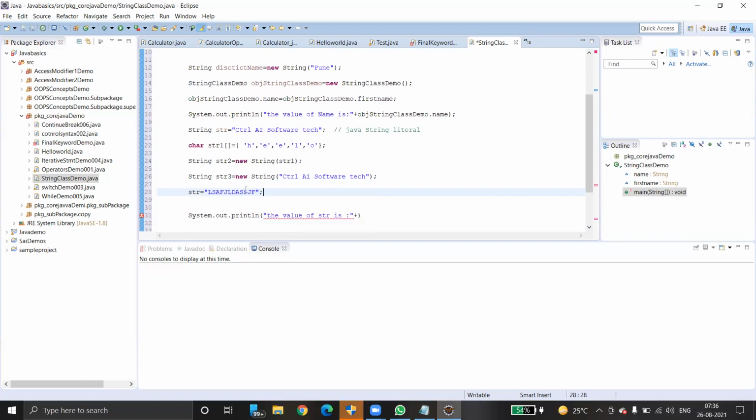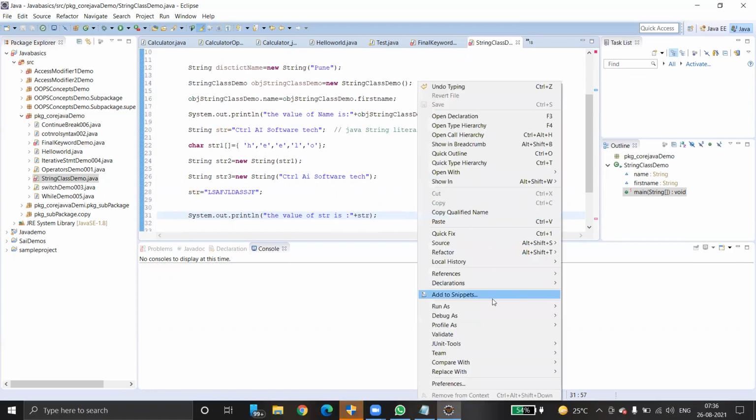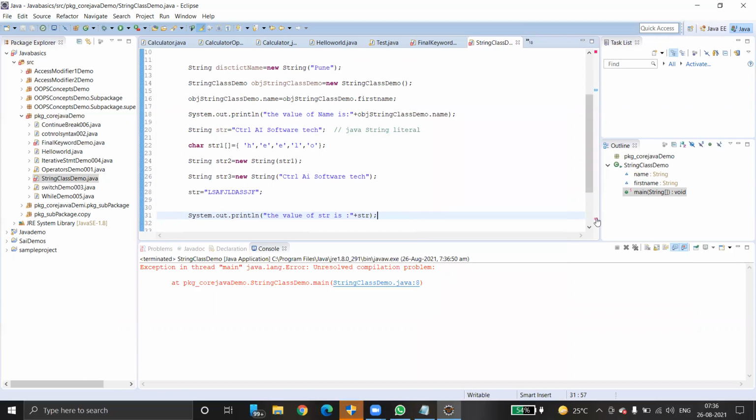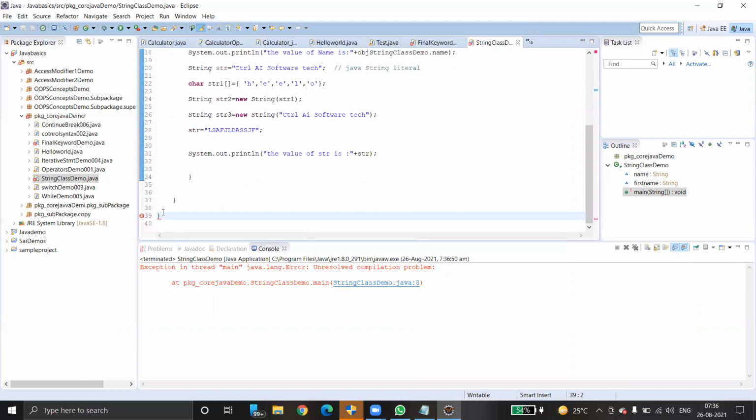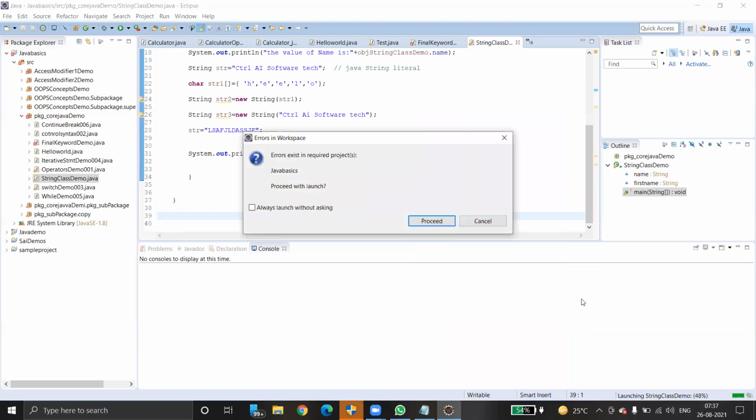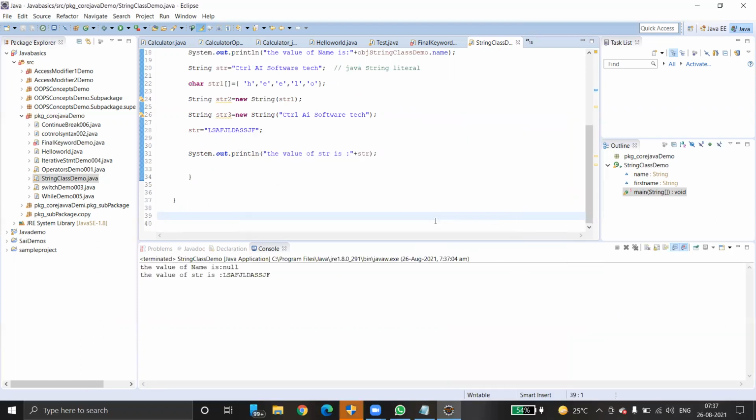Let's see. Run as Java application. Okay.